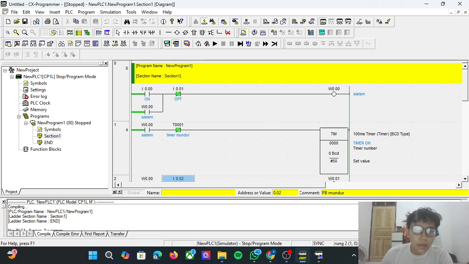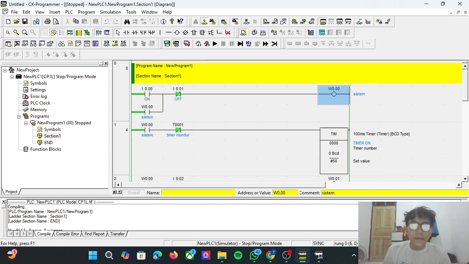I will explain it. We add on and off with 0.00, which is an address on a PLC. After that, 0.01 is an address on the PLC as well.